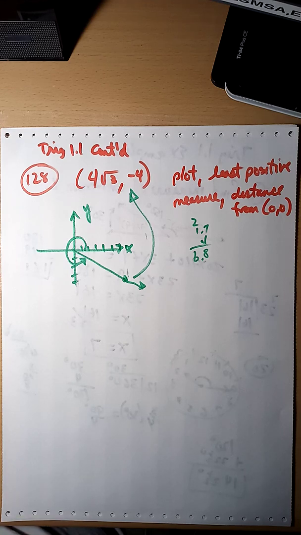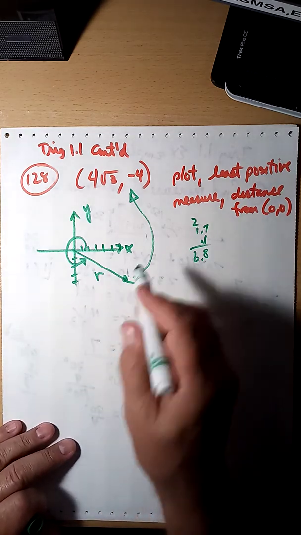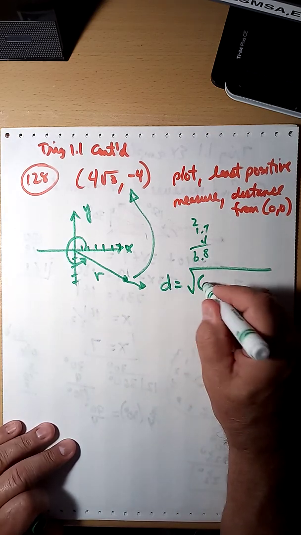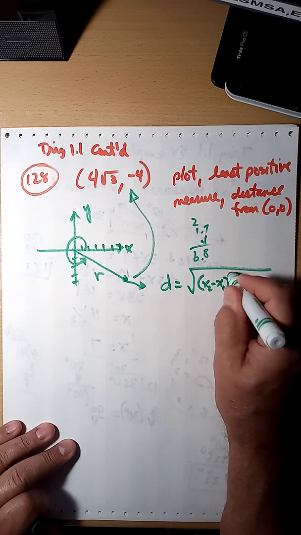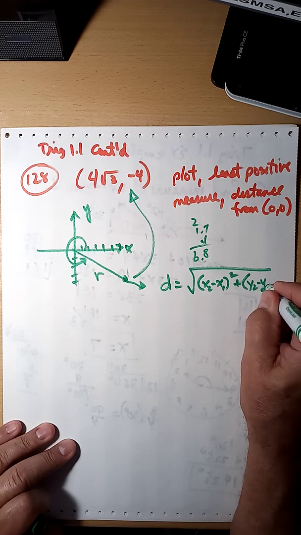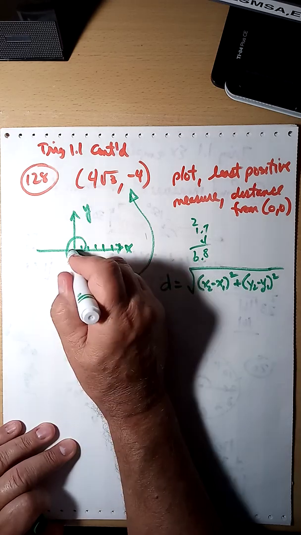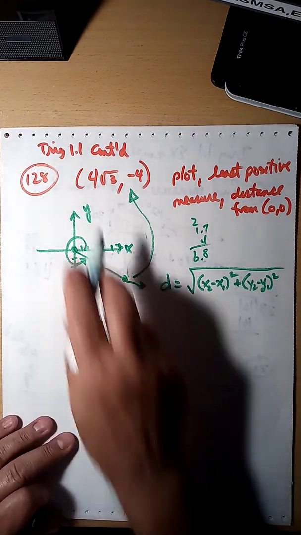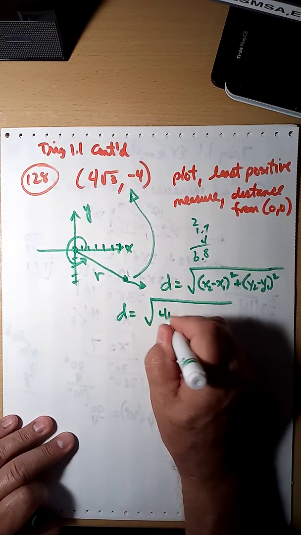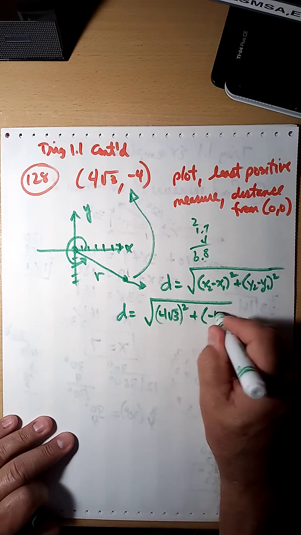And then find the distance r from the origin using the distance formula. So, you guys remember the distance formula? The square root of x sub 2 minus x sub 1 quantity squared plus y sub 2 minus y sub 1 quantity squared. So one of those points is 0, 0. So we really don't have to worry about anything but 4 square roots of 3 squared and a -4 squared,